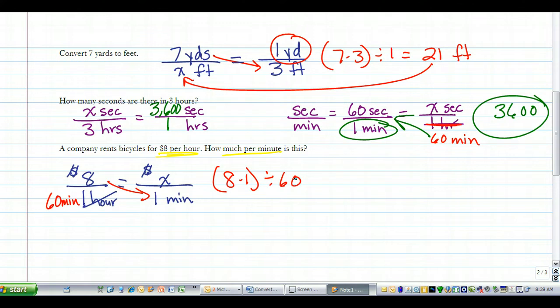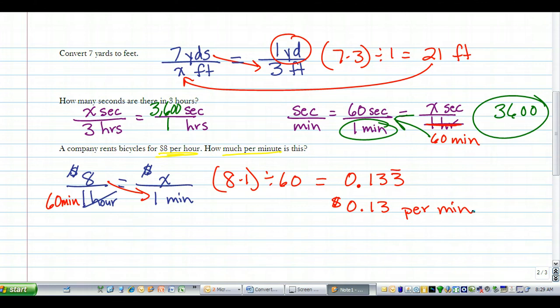It's not going to do you much good in your calendar. 8 times 1 divided by 60. Okay, you're going to get a decimal. 0.133, then it keeps going. Now this is money. So how would you round that off so it would be money? All right, think of this as dollars and this is cents. So this would round off to $0.13 per